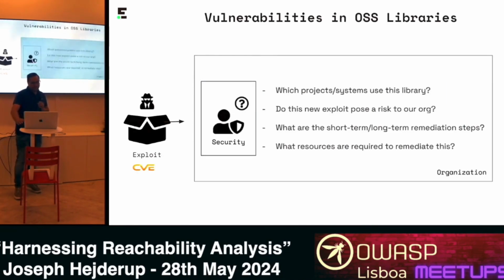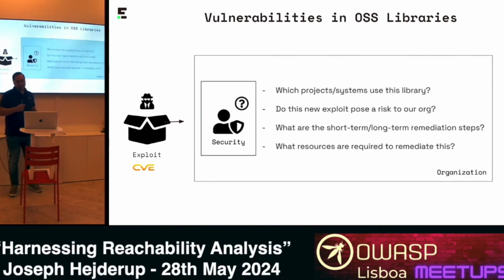And then for any organization, you learn about these vulnerabilities. Then, of course, within the security team, you have to start looking into the organization widely. The first question is to basically answer which projects and systems are actually using this particular vulnerable library. And one thing to note is that with these CVEs in general, we only know the version of the package, not necessarily exactly which source code in all cases